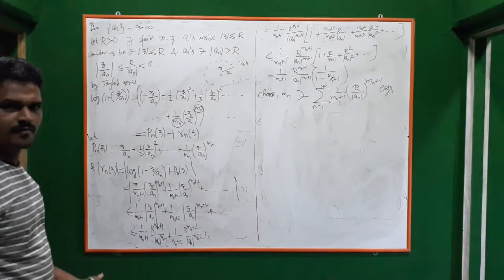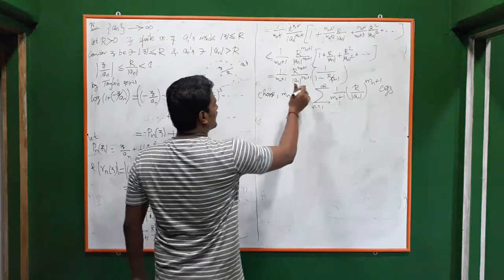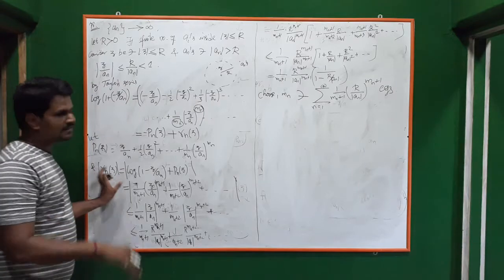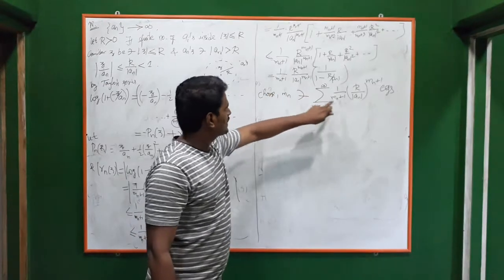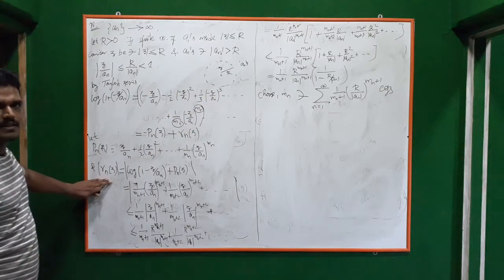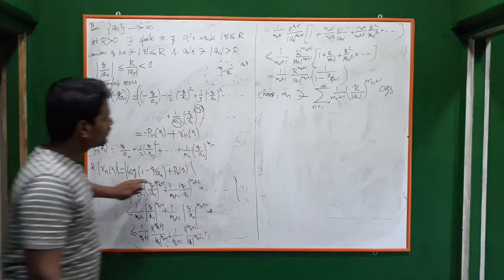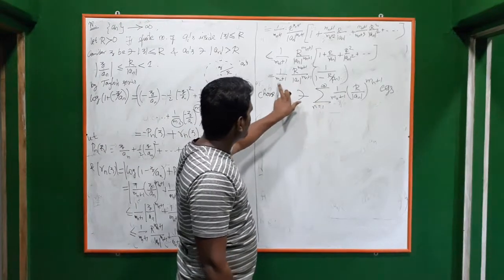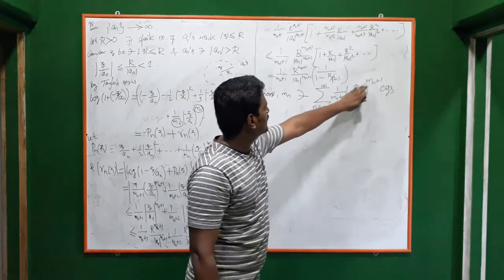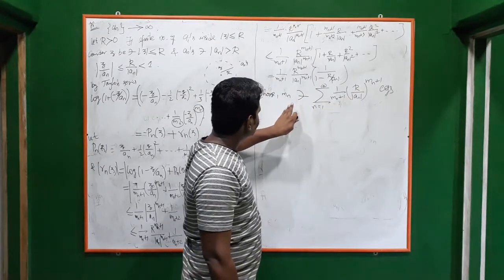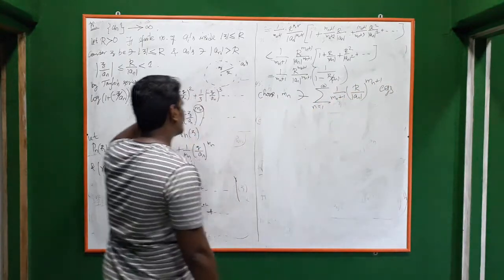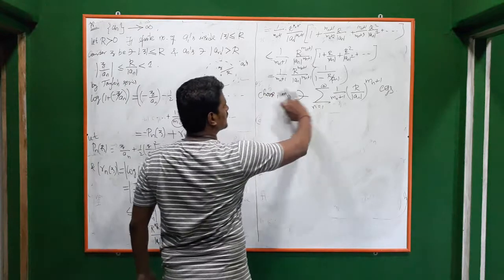Why do we have to do that? We know that we have a sequence here that is less than or equal to something whose series converges. If that happens, then by the Weierstrass M test we can tell that this series converges uniformly. Correct? So we are doing this. So choose this mn so that this depends on mn. Correct? An is already there, so this depends on mn. So choose mn such that this series converges. Okay. So after choosing that, this series will converge.